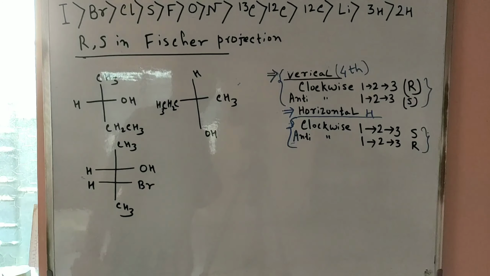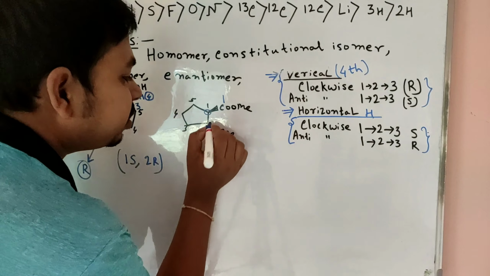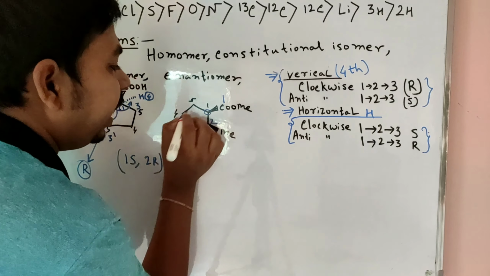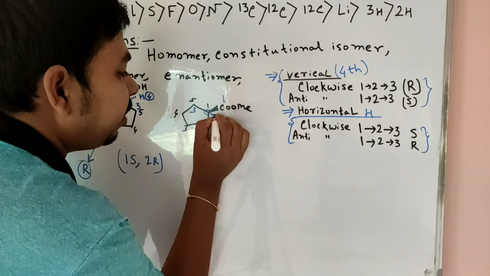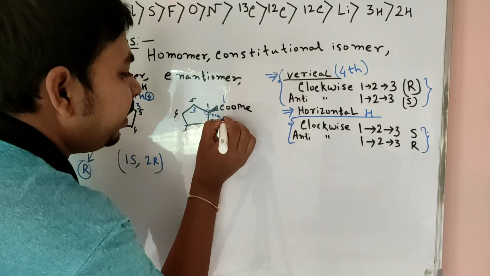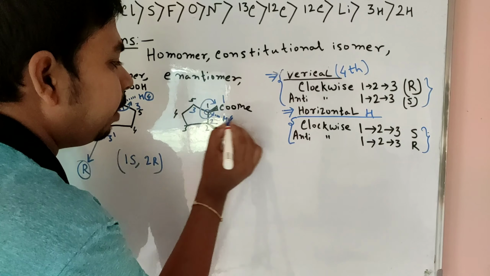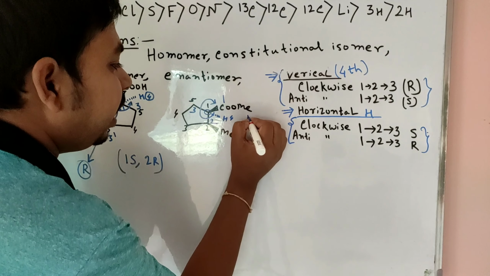Now when we follow the right side structure, this is 1 when we consider this center. When we go downside, one methyl is present, but when you go through this bond, the methyl group is absent. So this one is priority 2, this one is 3, and similarly hydrogen is 4. So 1 to 2 to 3 is a clockwise rotation, hydrogen is downside, and this center is called R.